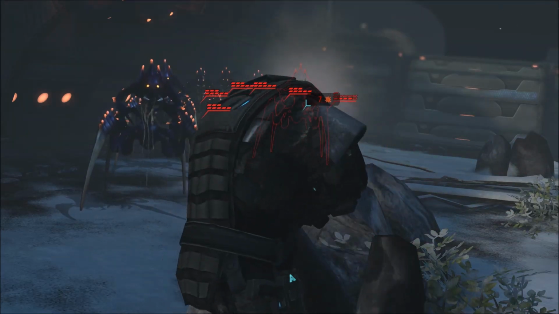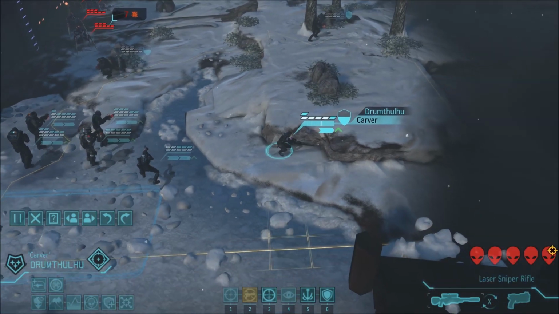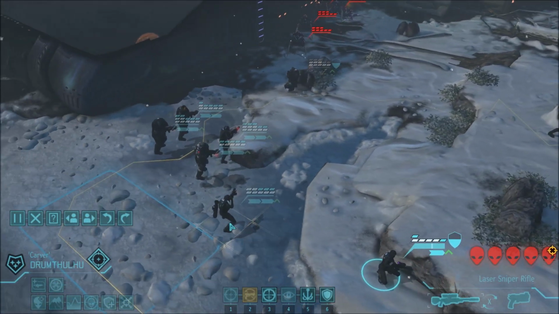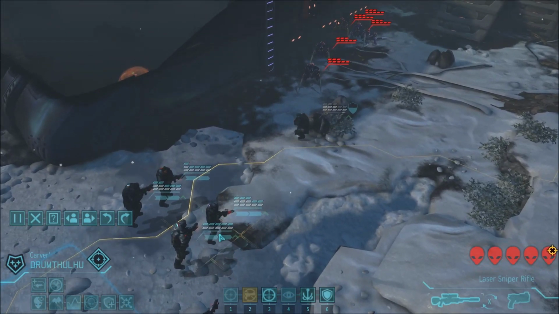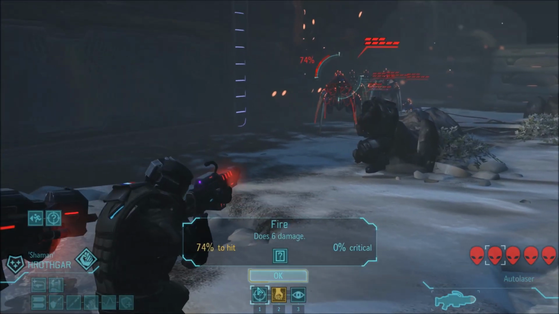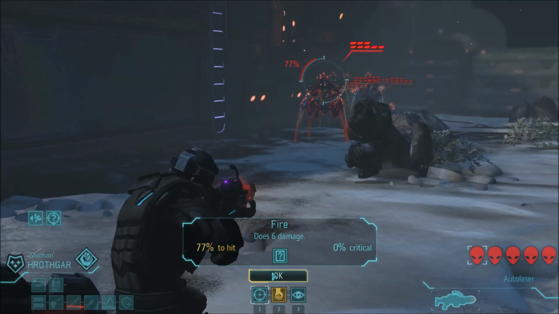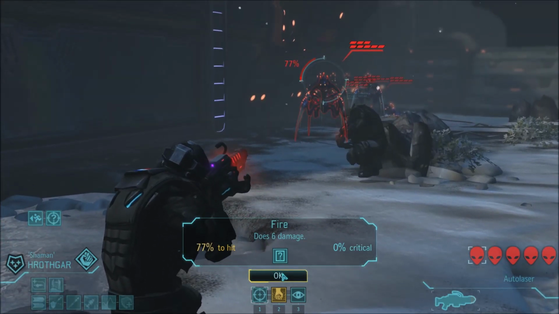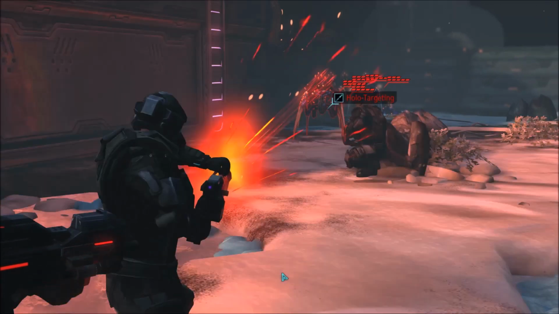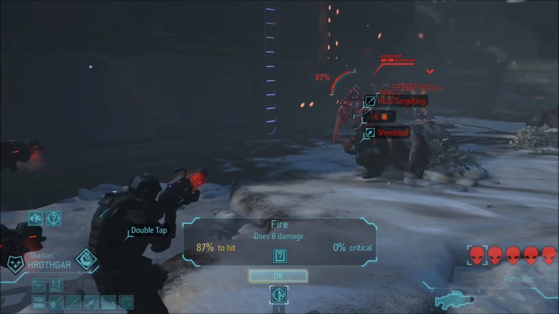Can you kill it? Good. Okay, that's one less. Drumthulu, unfortunately, can't do anything. Hrothgar can double tap. Alright. We're going to take one at the 77. Shredded. We're going to take another one at...